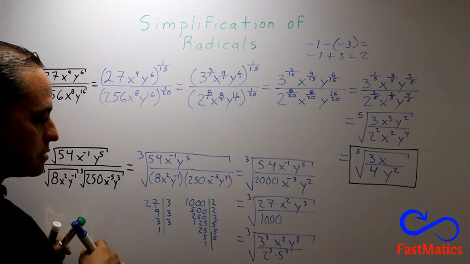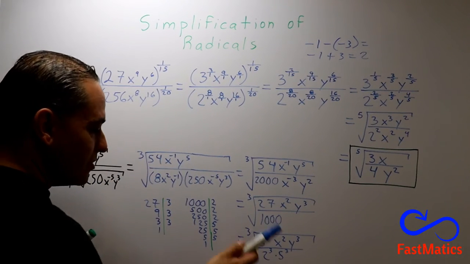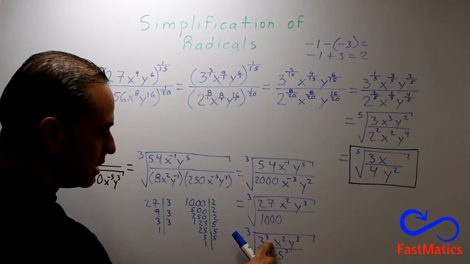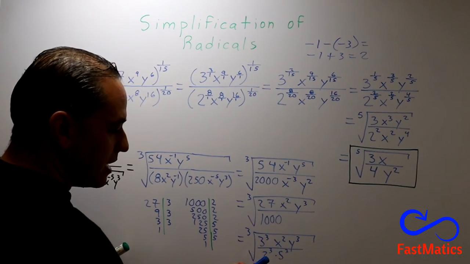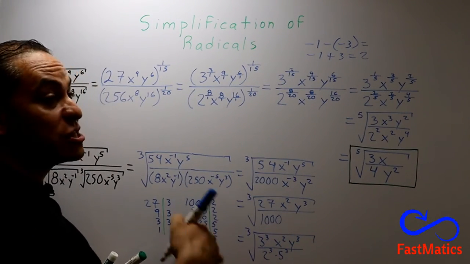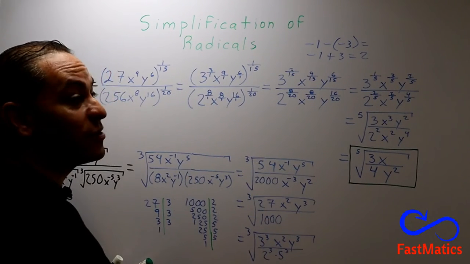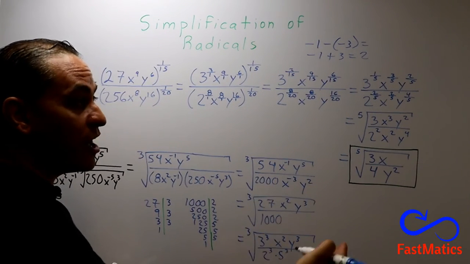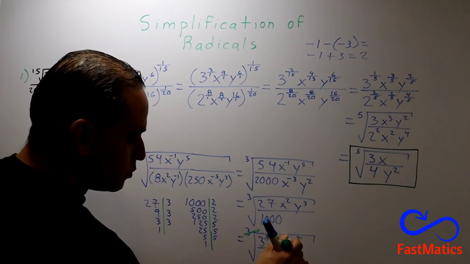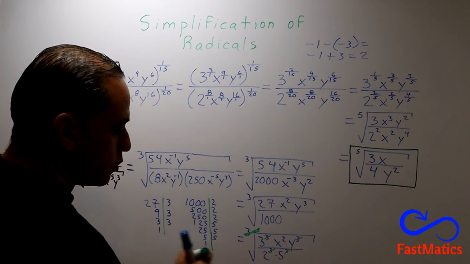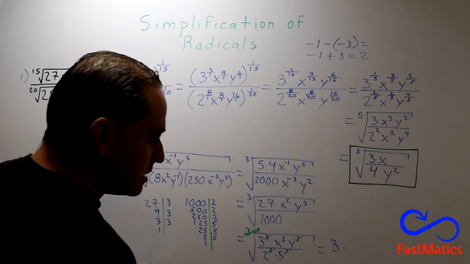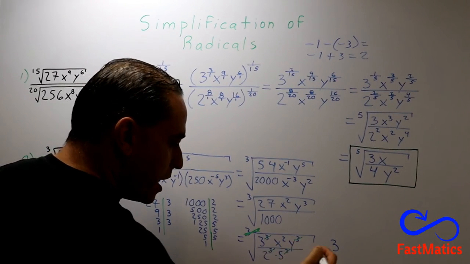Multiplication. Okay, so pay attention please. When you have a cube root and inside you have an exponent that is 3, you can simplify and take those expressions out of the root. If you have a square root and you have exponent 2, you can simplify it. If you have a fifth root and exponent 5, you can simplify it. So, this root with this exponent, this root with this exponent, and so on. So, finally, we are going to have the 3 that is going out, the y that is going out,